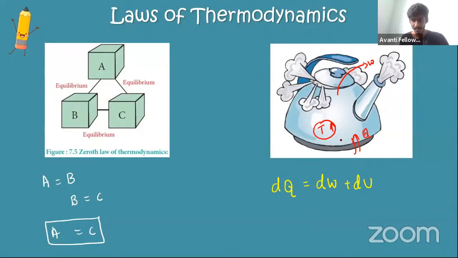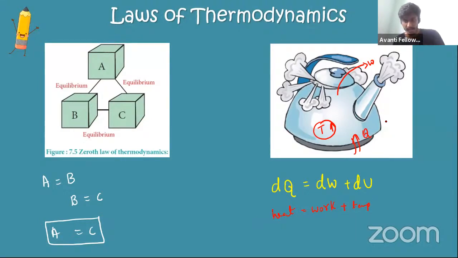So here I'm heating the coffee, and due to increase in the heat of the coffee, internal energy will increase, and there's a chance that sometimes the kettle lid also will come out of the vessel. So whatever heat I provide to the vessel will be used as work done and will be used to increase the temperature. Am I clear now? Is it clear to all of you, YouTube guys? Yeah, okay, good, clear, right?